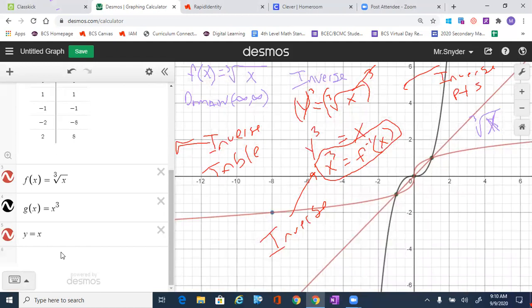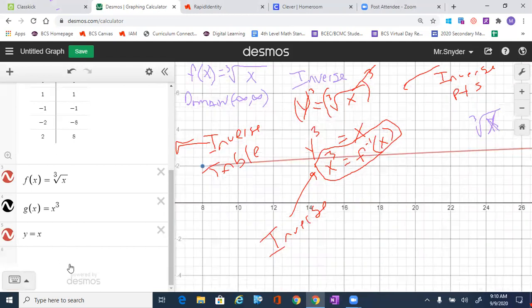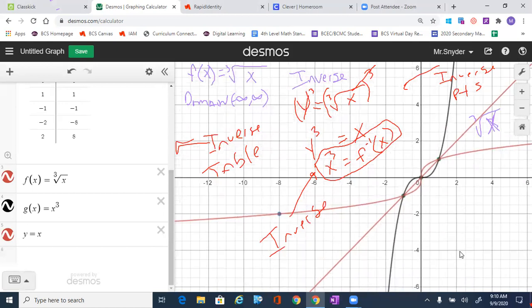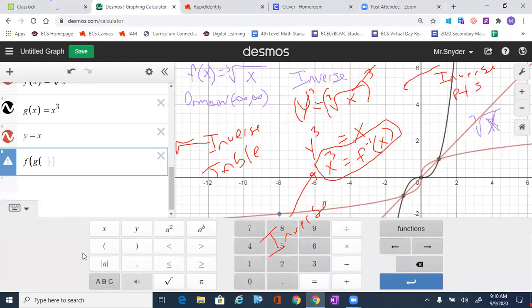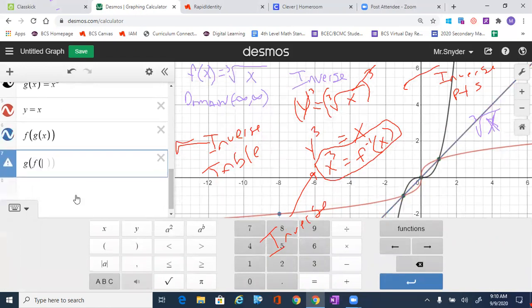You can tell they're a reflection over y equals x, but just in case you're having a hard time with that, and it's easier for you to do the composition, I'm going to say f of g of x. I'm going to plug that in, and look at that. It switches the y equals x color to that one. And if I flip it the other direction, g of f of x, it switches it to the green. So you can tell that they are inverses. So the inverse of a cube root is the cubic, and the inverse of the cubic is